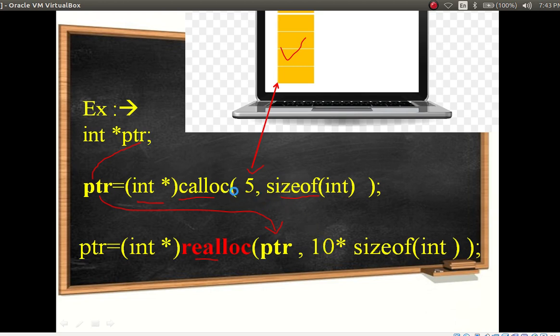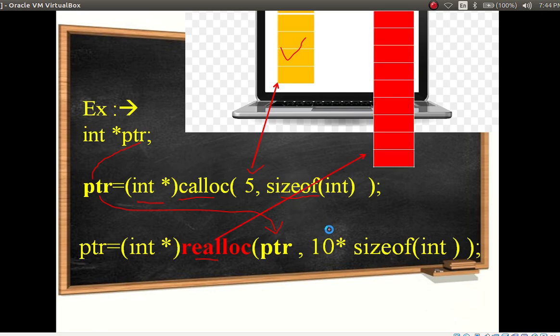Previously allocated memory, assume this one is 5 blocks. And now I am going to extend the previously allocated memory. How much? 10. So memory for 10 is going to be allocated.